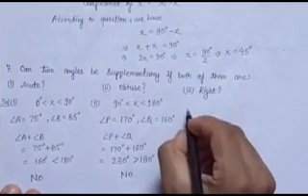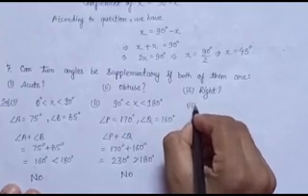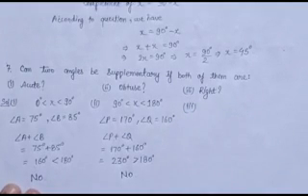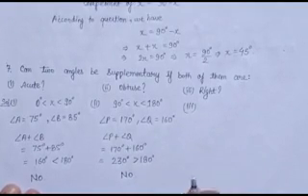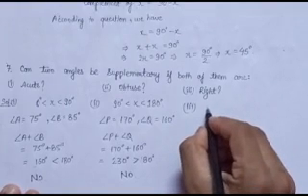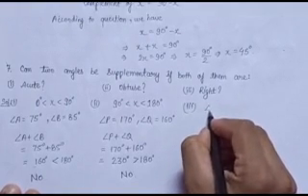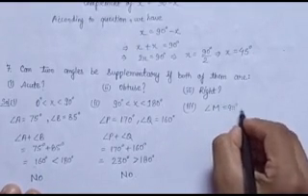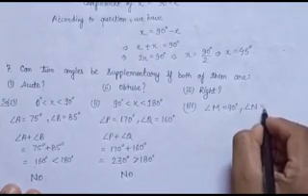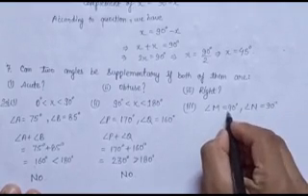Let us see the third one. So students, you know what is a right angle? An angle whose measure is equal to 90 degree is said to be a right angle. So let us choose two angles. Angle M equals 90 degree and angle N is also equal to 90 degree.